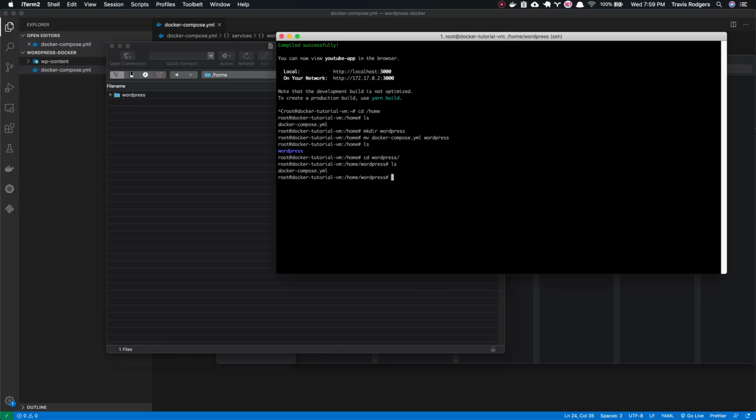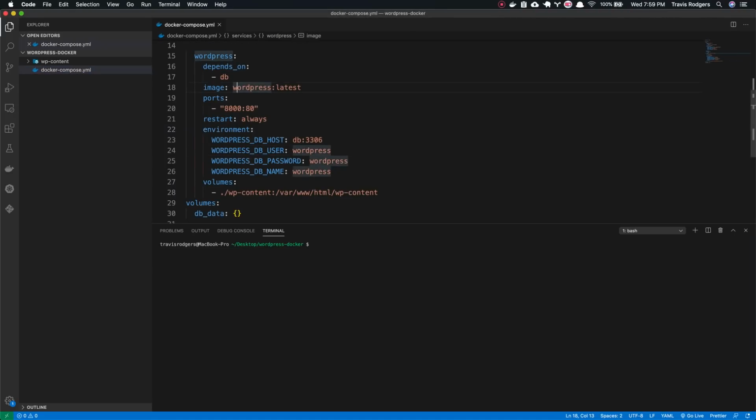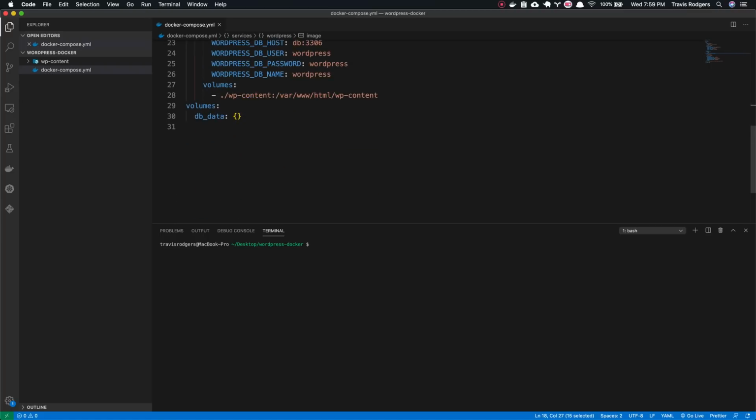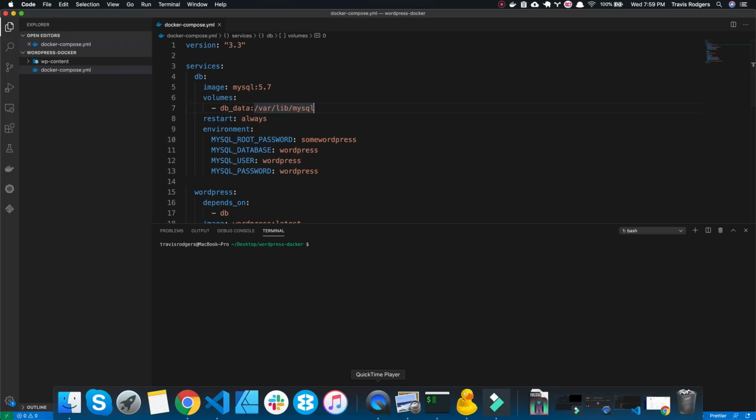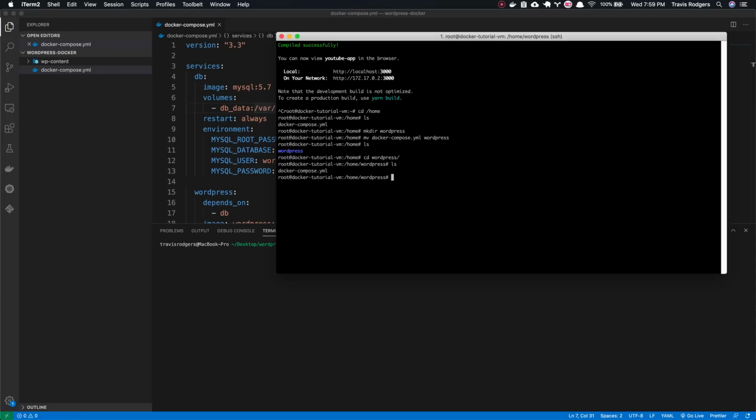There's my WordPress folder. So as you recall, all we did was Docker Compose up. And we have our Compose file. Remember, it pulls from Docker Hub, the WordPress latest. And it pulls from Docker Hub MySQL. And so it does all the work for us. So if you wanted to work on this site, you would just simply put Docker Compose up. And I'm going to detach it, hit return, and it's going to go and pull these images because it doesn't